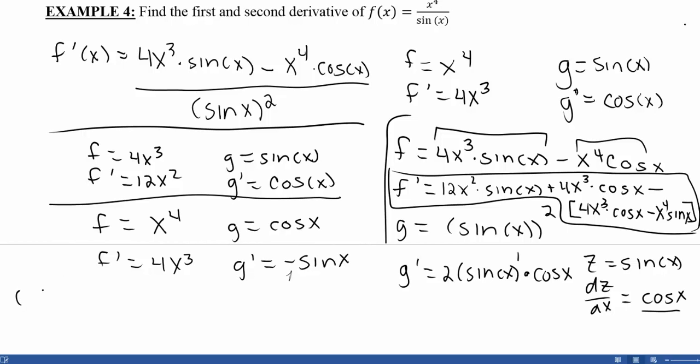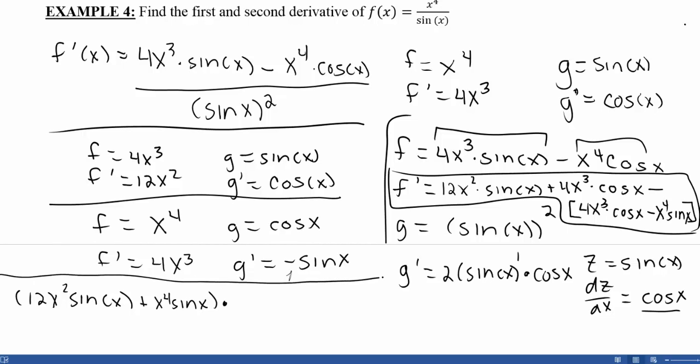I'm going to use a lot of parentheses here. So I have 12x squared sine x. Now my 4x cubed cosine x terms cancel. And then this minus is also going to go to this negative term here. So that's going to cancel to give me plus x to the 4th sine x. So that's my f prime times, let me draw a line here, times g, which is sine x squared,